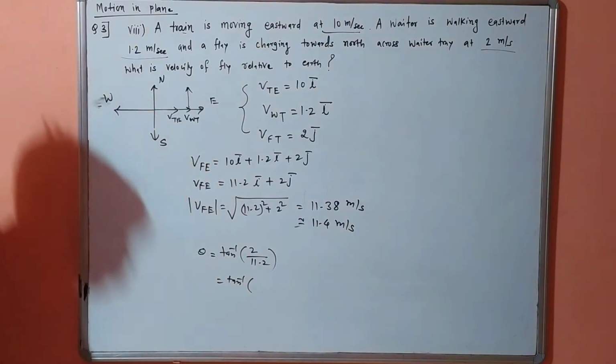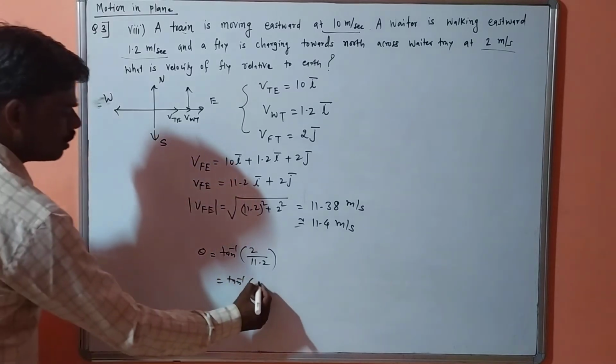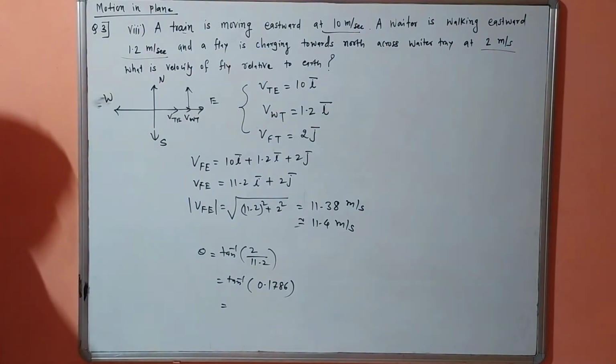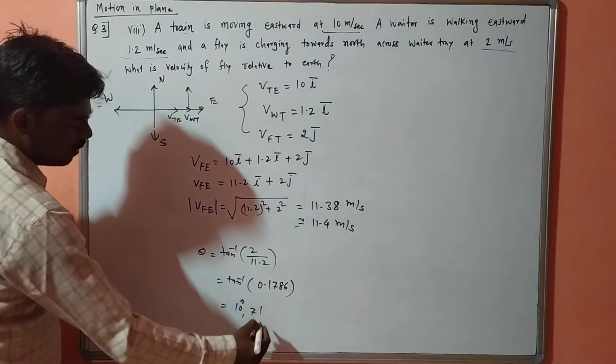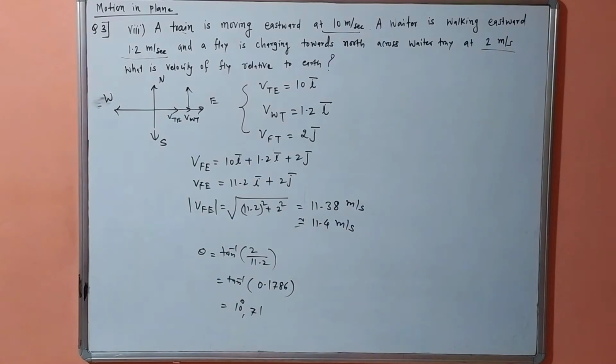Taking the ratio 2 by 11.2, this ratio is near about 0.1786, and the inverse tangent of 0.1786 is near about 10 degree 7 minute. So this is the direction. Okay,